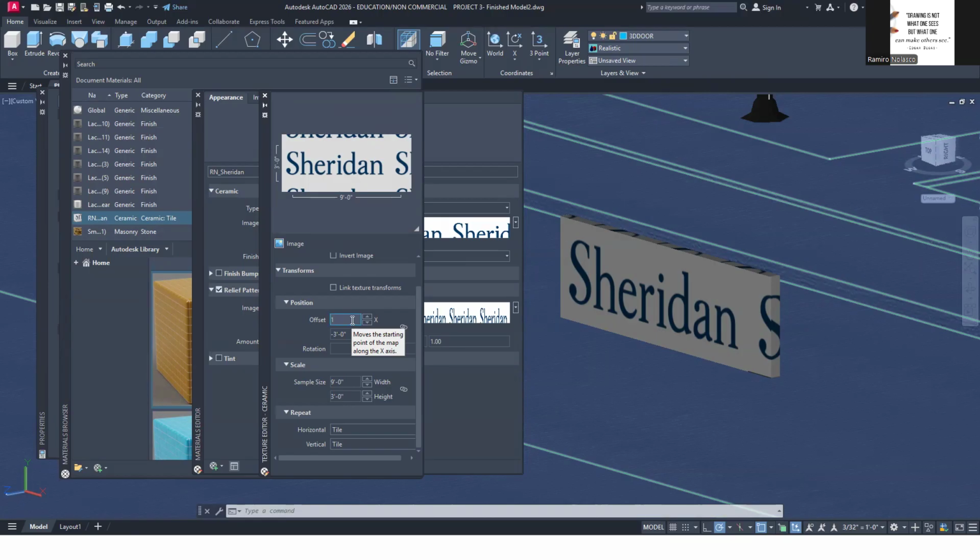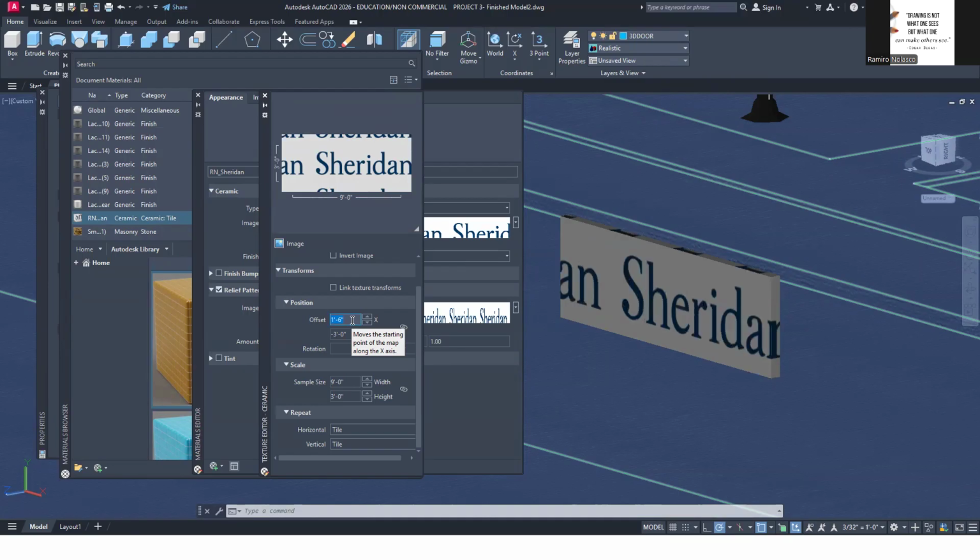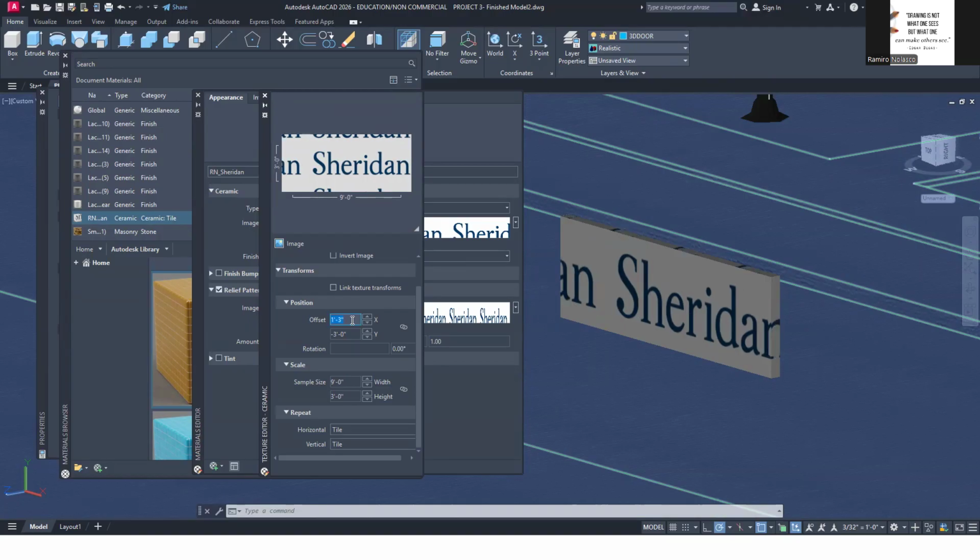Negative, or sorry, it should be 1 foot 6 inches. Enter. Too much. Okay. So now you just have to keep tweaking it. It was good. Let's look at it as an elevation view. It was good already.